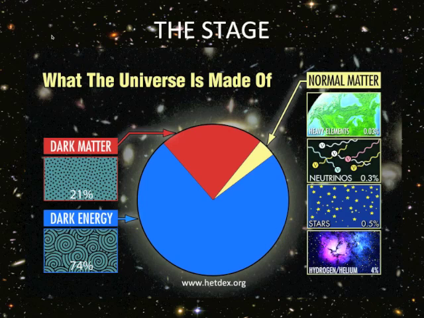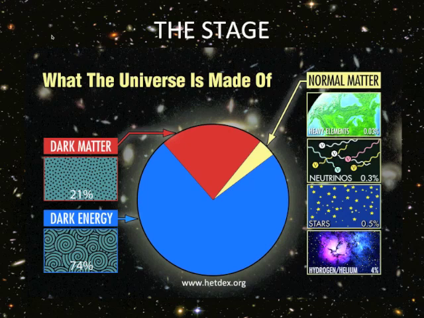Galaxies are not forming in an empty universe, right? We have come to realize in the last few decades that what we call normal matter, the stuff that you are made of, the stuff this room is made of, the stuff stars and galaxies are made of, only corresponds to a very small fraction of all there is in the universe, roughly 5%, right? And then there's this other 70% that is in the form of this mysterious dark energy that I'm going to tell you about now, and this other 20% that is in the form of this mysterious dark matter that I'm also going to tell you about.